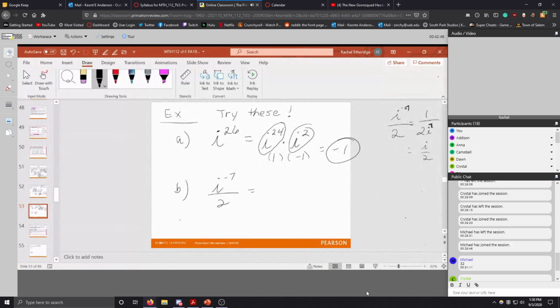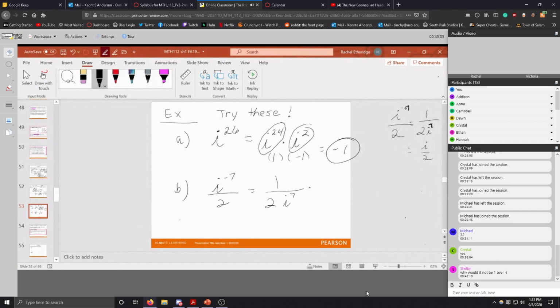So the 2 stays there because nothing happens to it. It doesn't have an exponent. So it would be that. All you would do is bring the i to the 7th down. You have to leave a 1 there. So I would still work it the same way. I would keep that 2 there. And I would have i to the 4th times i to the 3rd,